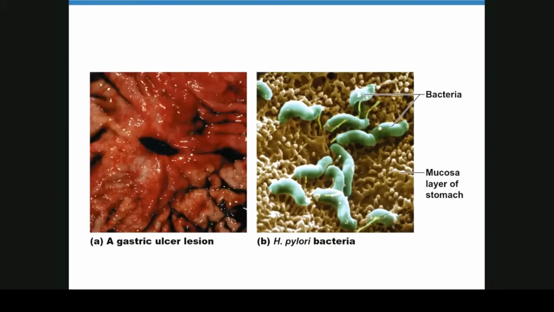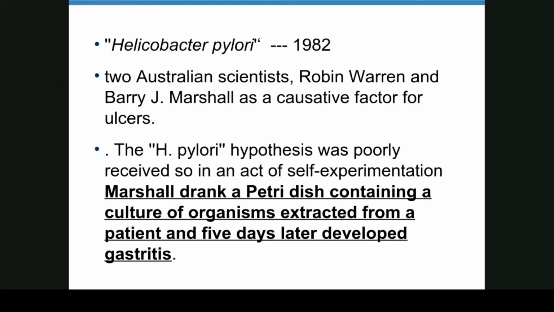This is actually showing an ulcerated piece of stomach, and this is a photomicrograph, actually a scanning electron micrograph, I believe, of Helicobacter pylori. Now, this is one of the most awesome stories in science. Helicobacter pylori was first found to be the causative agent of ulcers in 1982 by two Australian scientists,